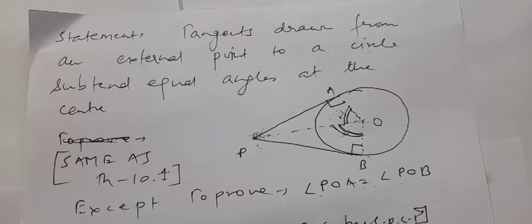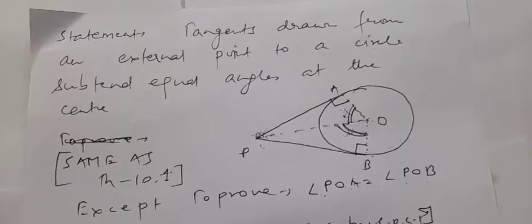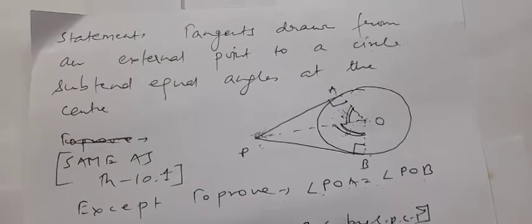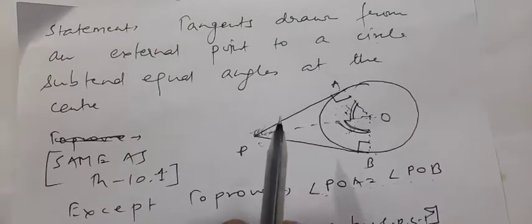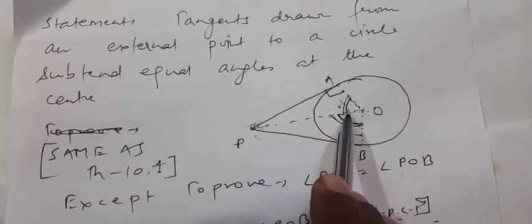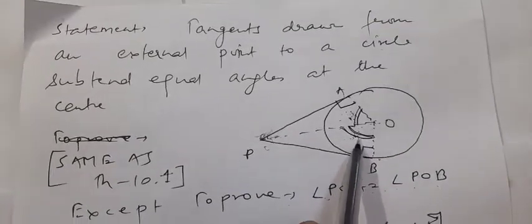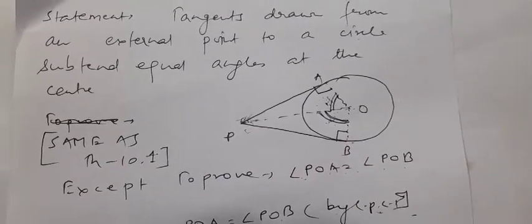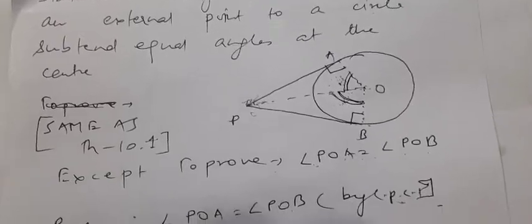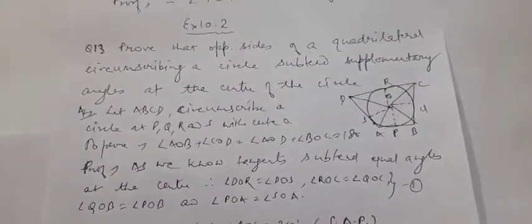So, these are the statements made on theorem 10.2, but theorem numbers 10.1, 10.2 and these two statements, the tangents are equally inclined and tangents subtend equal angles, are important. You have to remember these four theorems, and we will solve the questions based on them from exercise 10.2. I am explaining one question and we will try to solve the remaining questions of exercise 10.2, and if you find any problem, you will ask me.